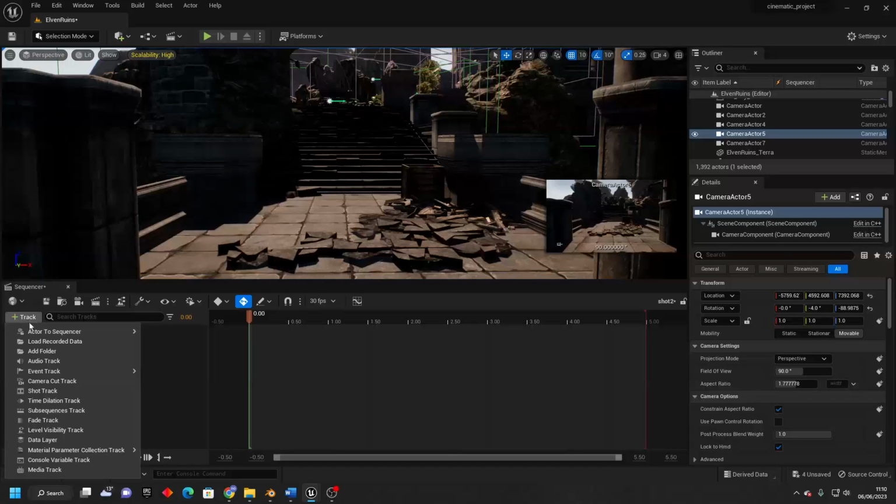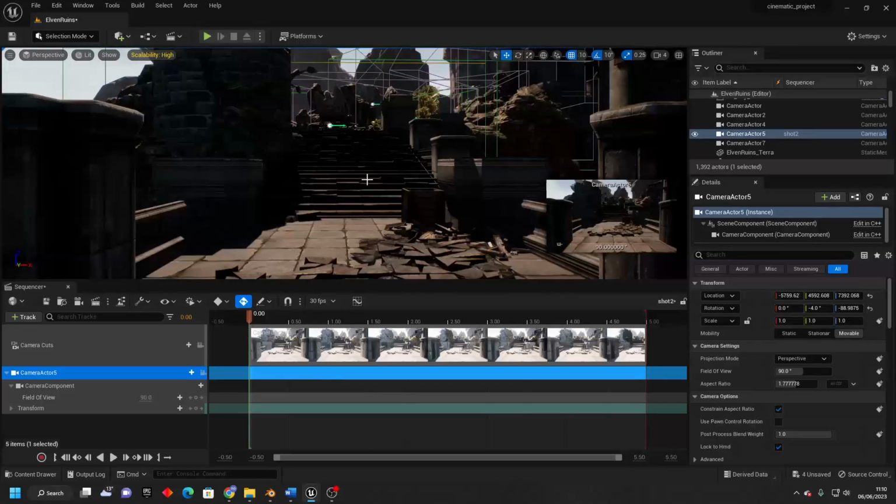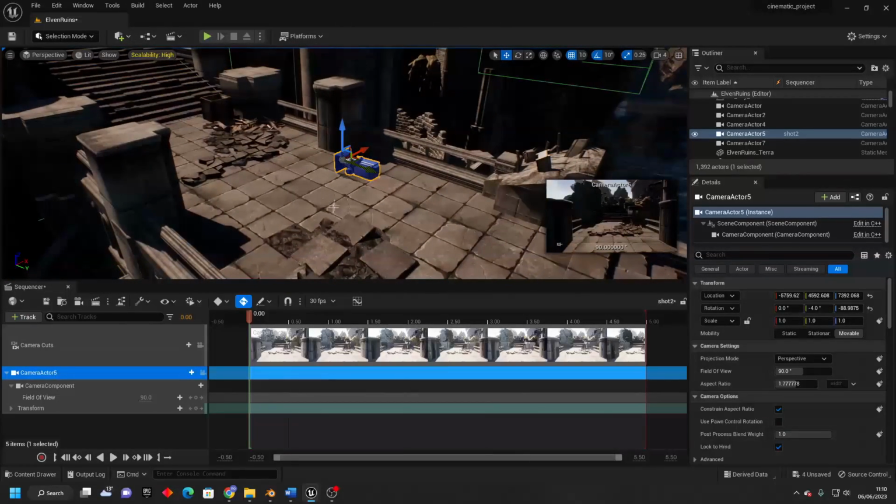So I'm going to go track, actor to sequence, and then add this camera actor 5. It's going to give me the viewport of this. Right now I don't want this, so I'm going to click this little stop piloting actor. And then I also have my auto key on, so we can turn this off or on if you want to use it. For now I'm just going to turn this off, and I'm just going to track the transform